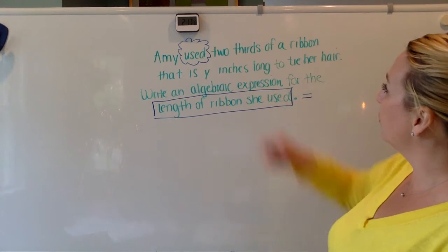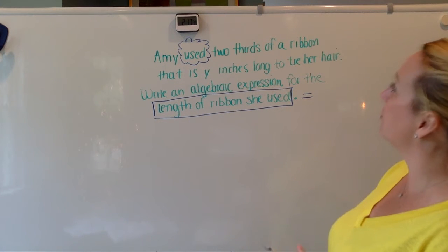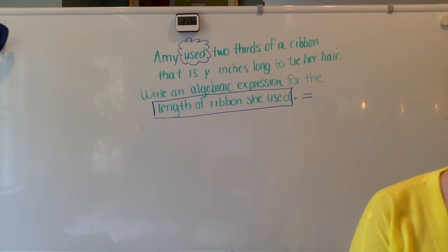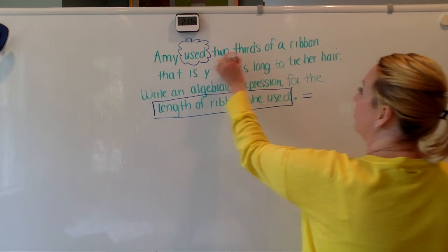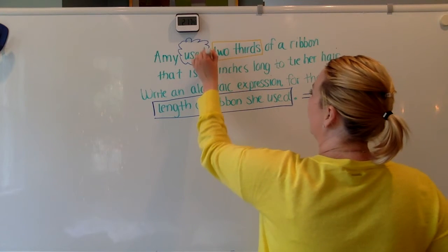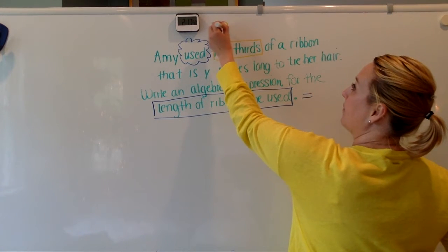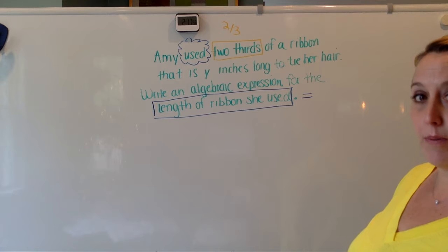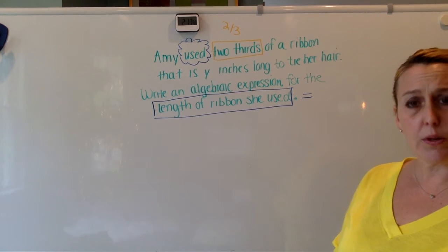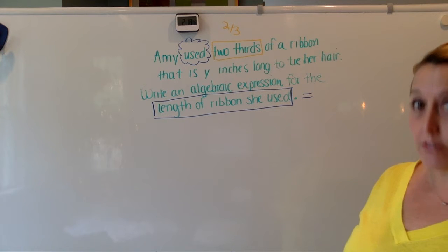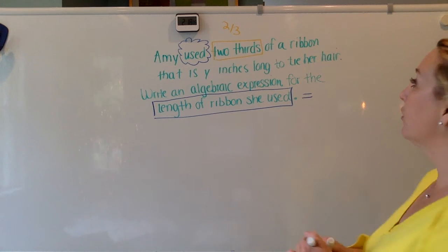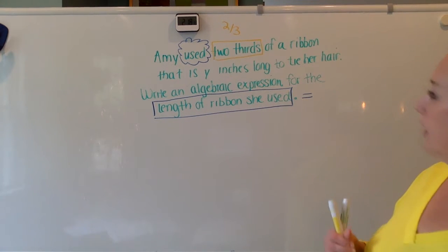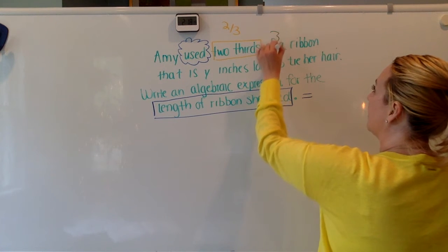Well, she used 2/3 of a ribbon that is y inches long. So we know that she used 2/3, right? We know we can represent that mathematically. She used 2/3 of a ribbon that is y inches long. So when we're doing math, usually, not always, but we do want to look for keywords. Usually, you're really good about knowing that "of" usually means